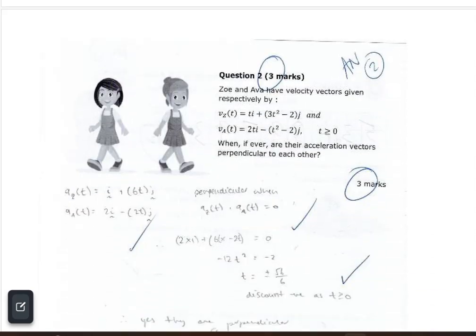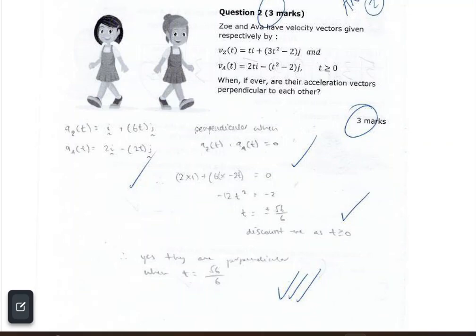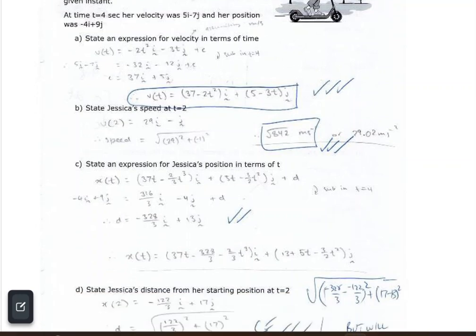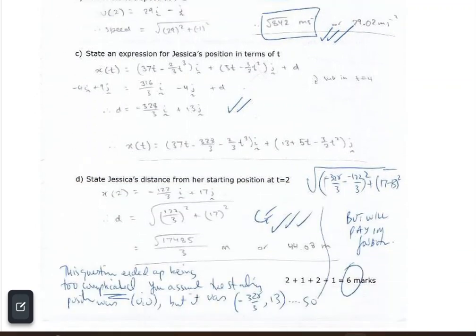Question number 2, 3 marks, all very well done. Question number 3, 4 marks, really well done, except the last question I mucked up. And I didn't take any marks off because I only made it worth 1 mark, but its starting position was